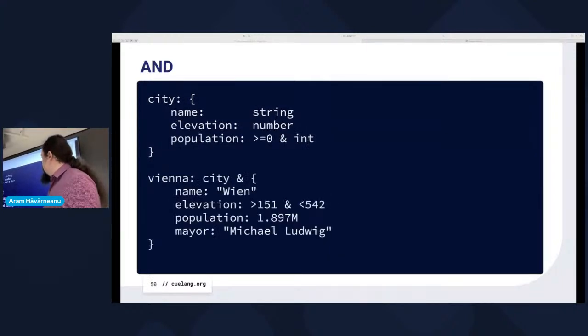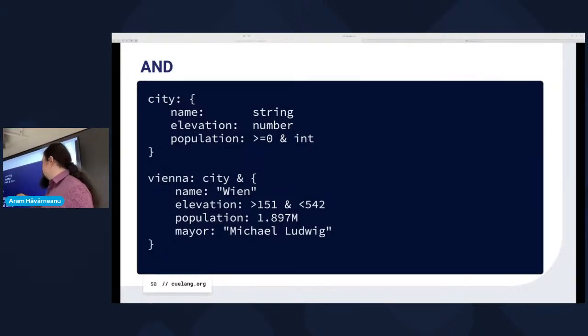Having defined basically a specification, so city, you can think of it sort of like a specification for what a city can be. We might want to write a specific example of a city. Coming back to Vienna here, we say that Vienna is a city and all this other stuff, which fits the specification, like name, Wien, is obviously a string. We can add more stuff, so we're not specifically limited to the specification, except for closedness, but we won't get into that. So in general, it's possible to add more things.